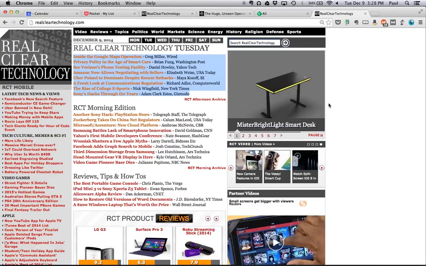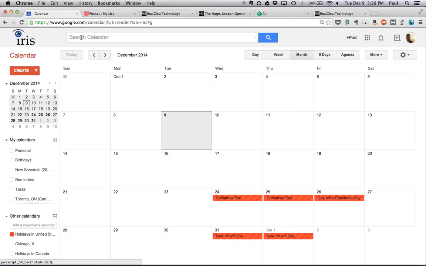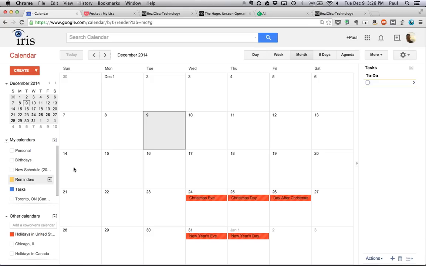Actually, I'll show you real quickly. In Google Calendar, it would appear under one of your calendars right here. So you see where it says Tasks, you would just click on that right there, and you'll see it pop up over here. Now, if you're wondering why mine is blank, I don't actually use Google Tasks for my to-do lists, but some people like to use Google Tasks. So this is if you want something very simple.